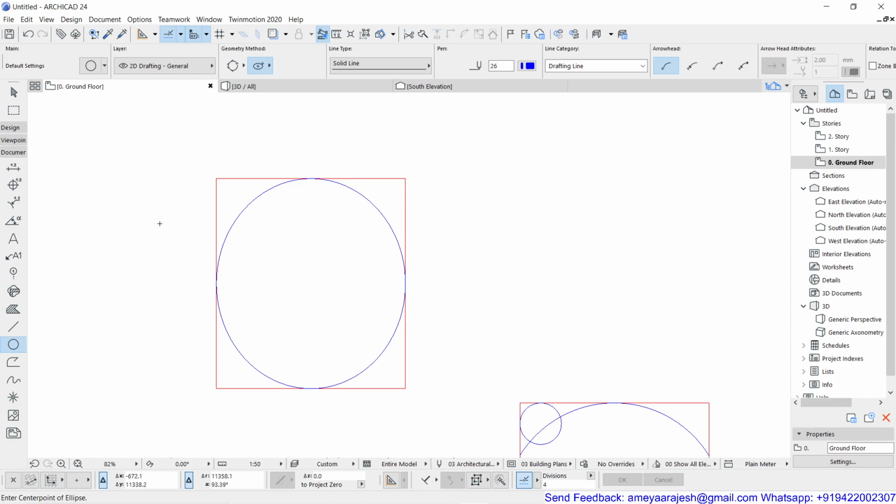Now this time the geometry method is nothing but you have to specify the center point, and that is the semi-diagonal, what they call. That is, the point which you pick becomes the center of the ellipse, and then you're going to complete the ellipse with half of its major axis and half of its minor axis length specified. So we'll take the same rectangle as a base just to find out the difference, like how it is working.